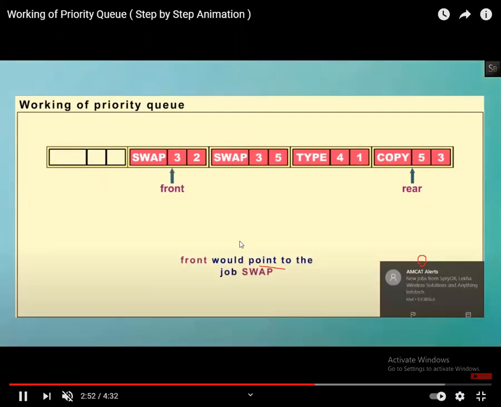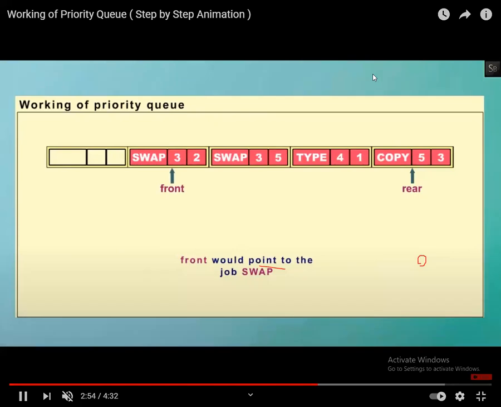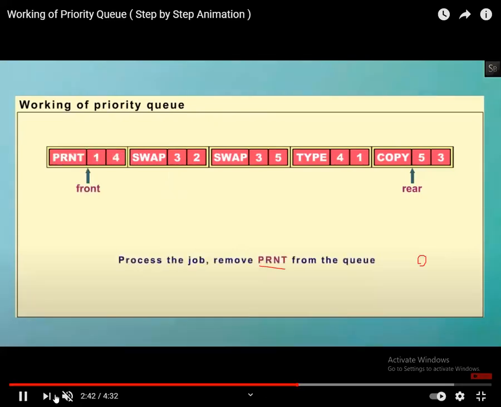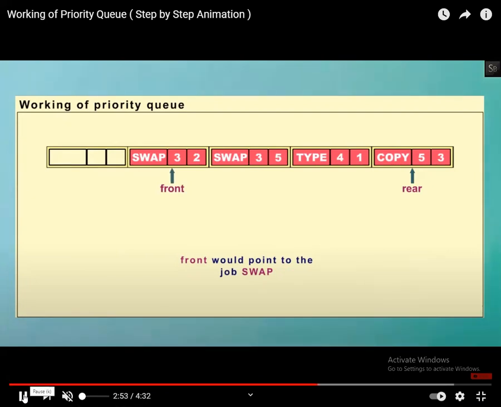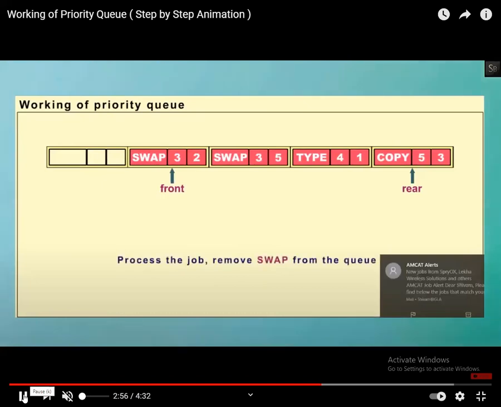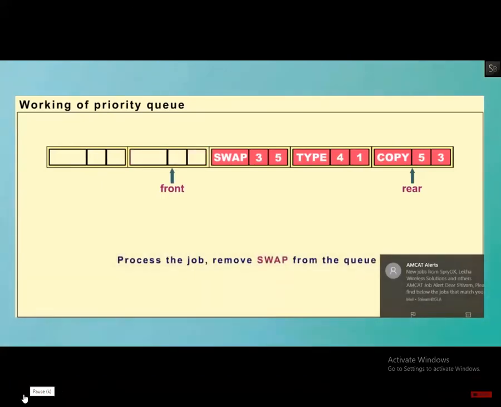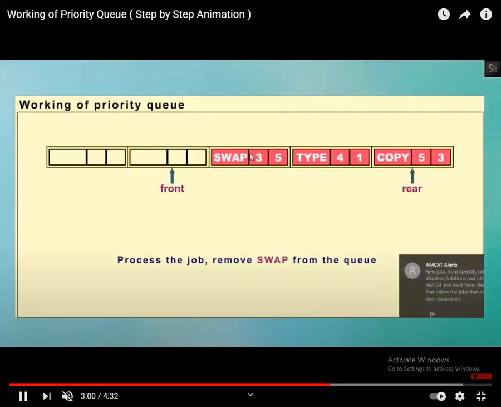Now it is about removing. So how do you remove? Try to understand. From here we have seen how we remove. Removing is nothing but simply removing from the queue based on the priority. Based on the priority, you are going to delete in the priority queue. When you delete, priority 3 will be deleted. Again, this third will be deleted.